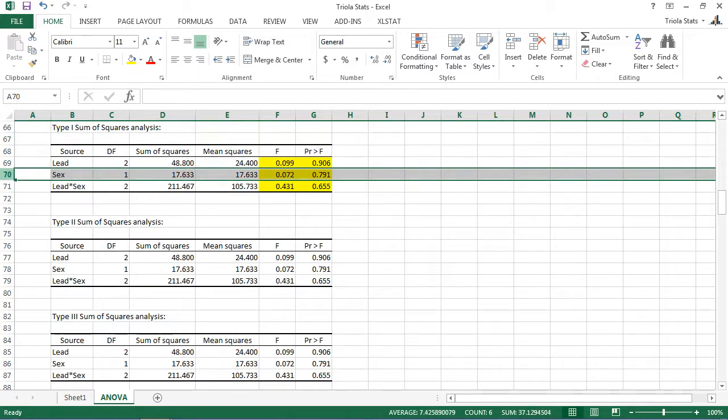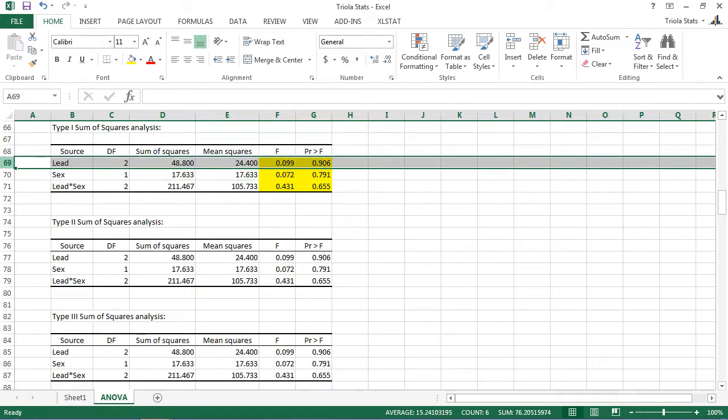For the row factor of sex, we find the test statistic of F equals 0.072 and the corresponding p-value of 0.791. Because the p-value is greater than the significance level of 0.05, we fail to reject the null hypothesis of no effects from sex. That is, performance IQ scores do not appear to be affected by the sex of the subject. For the column factor, blood-lead level, we find the test statistic of F equals 0.099 and corresponding p-value of